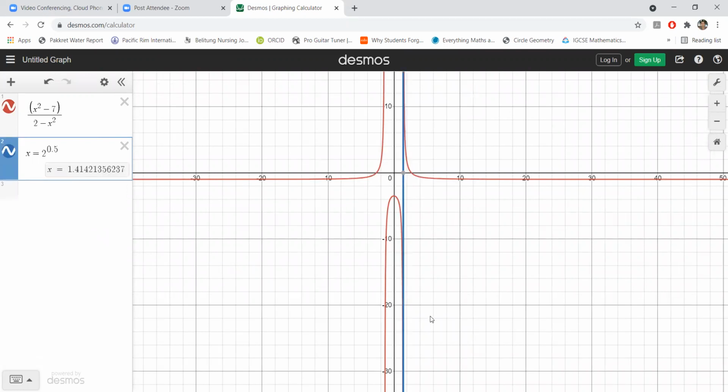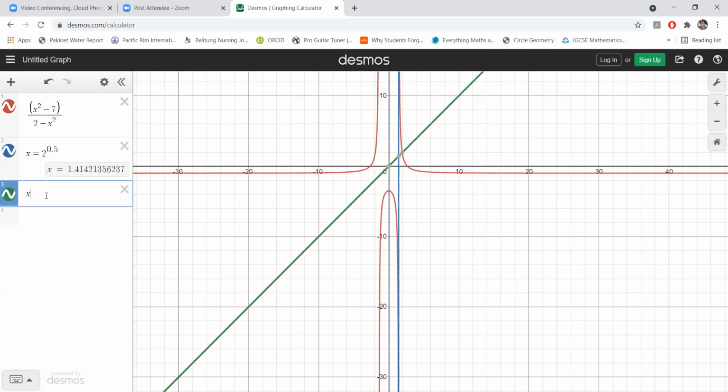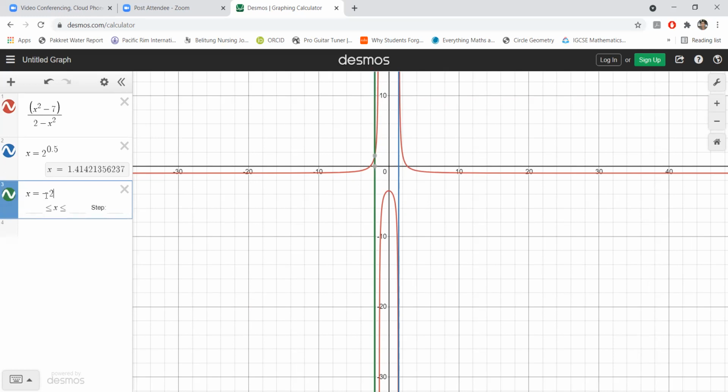There, you see that blue line? And the other one is x equals minus root 2. So x equals minus 2 to the half. This is why you don't use graphs to solve these problems. You do it like I just showed you with,